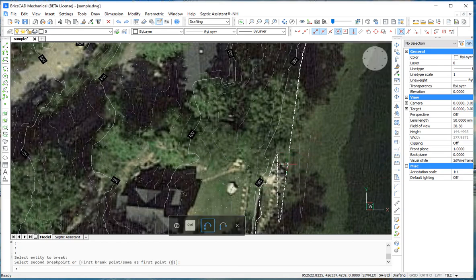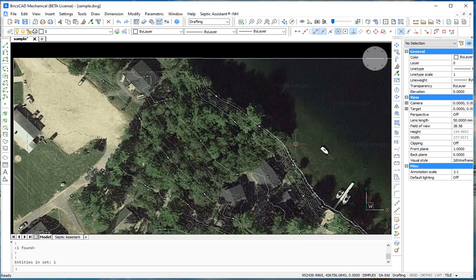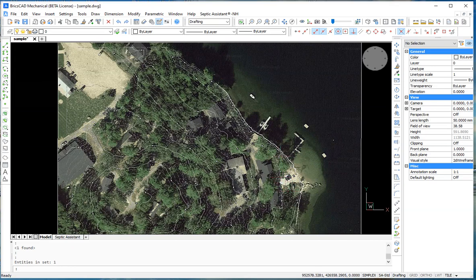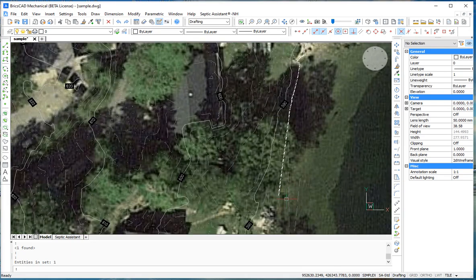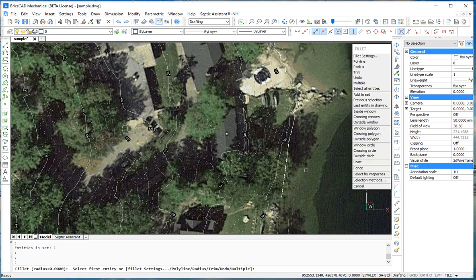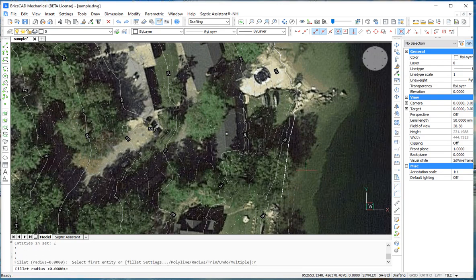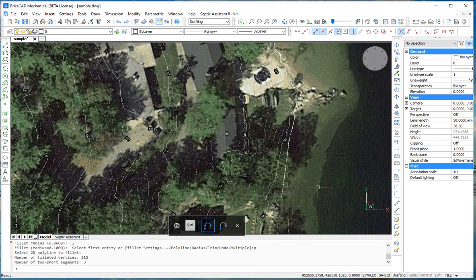But we're just going to trim it there. We'll use that section. So that essentially is your reference line for the shoreland district. So if we radius that whole line with like a 0.10 fillet, so you enter the 0.1, then you enter a P for filleting a polyline, then just select that line, and it fillets everything